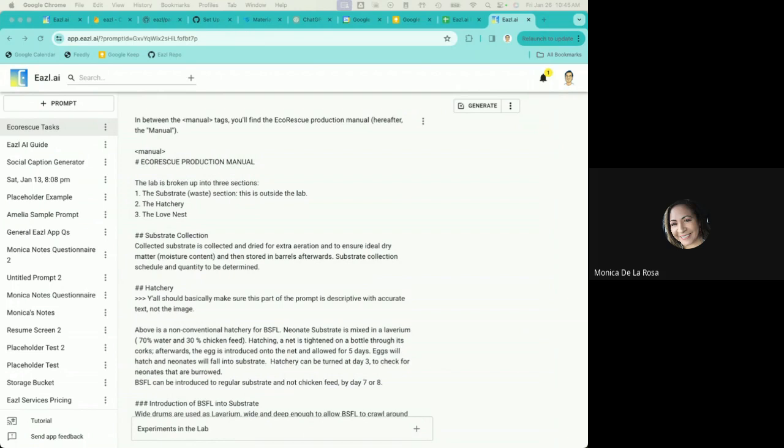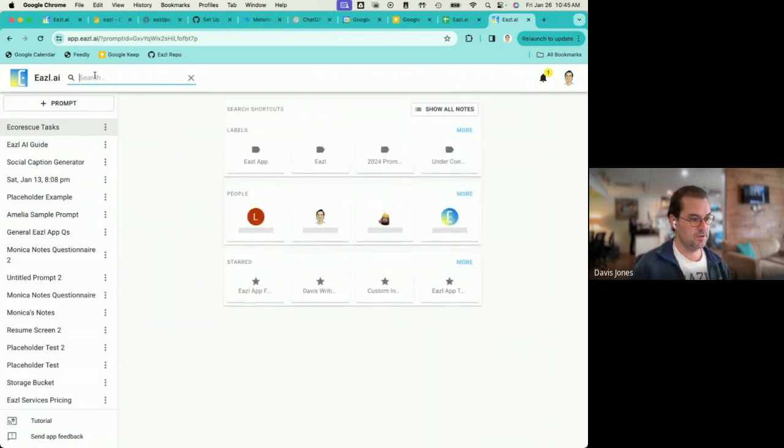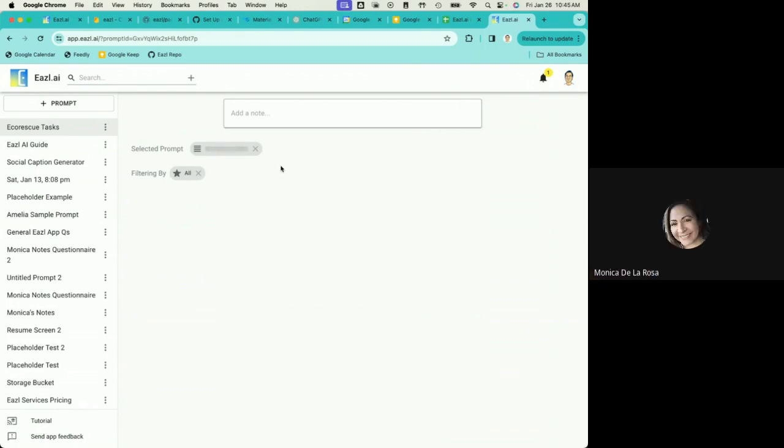That's why it's an ongoing process, because right now we're doing manual, but we know there's other guides out there that have different processes for, let's just say, the love nest. First of all, just to be clear, you know how to highlight text in your prompt and then go up here and add it as a note to the prompt, right? Yes. Do you know how to do that? No. Cool. It's just a matter of putting those thoughts together.